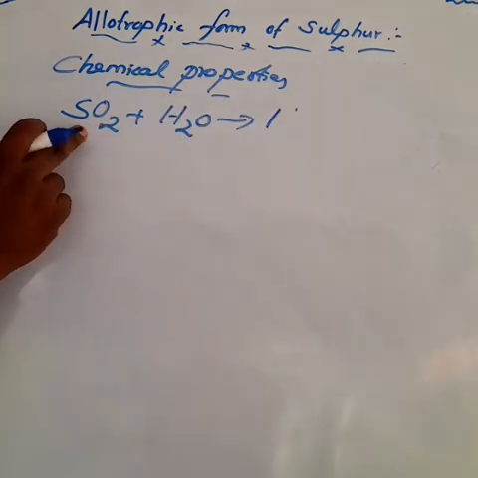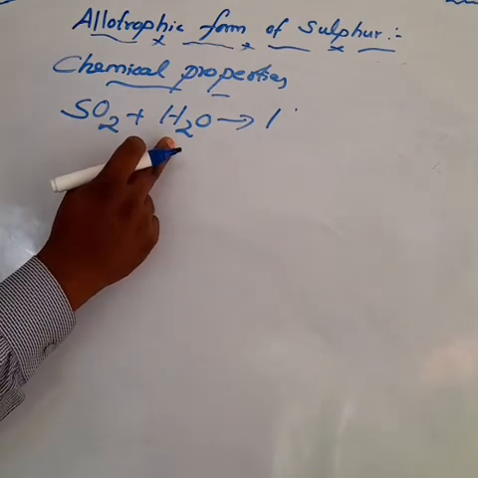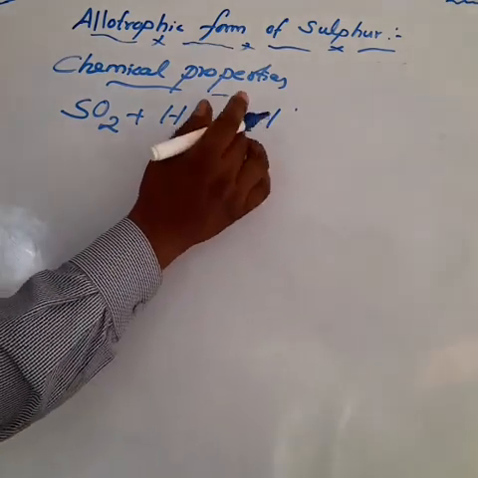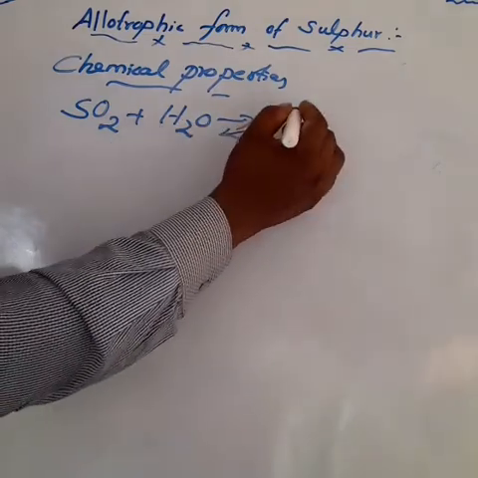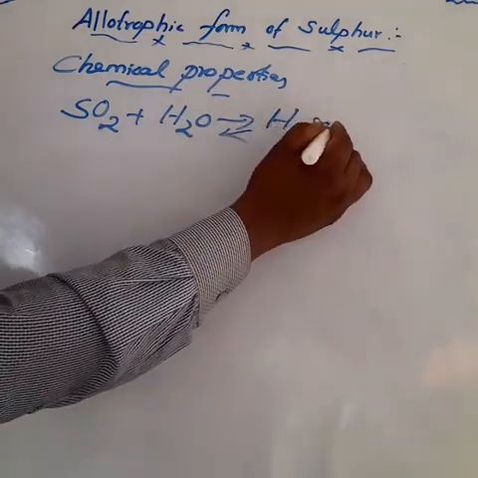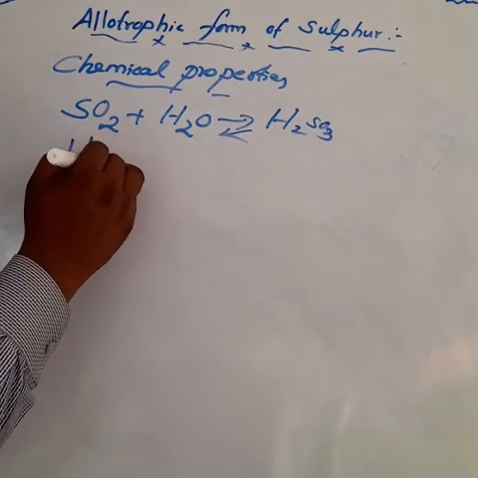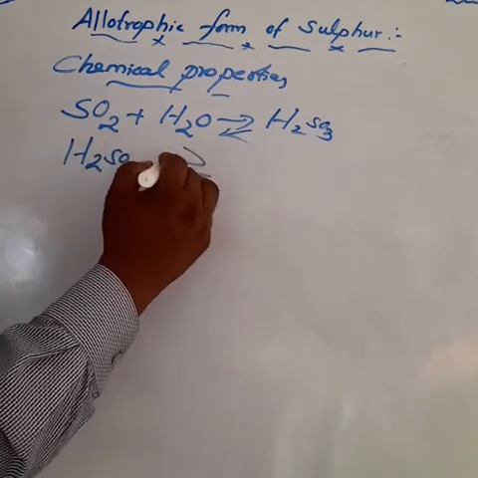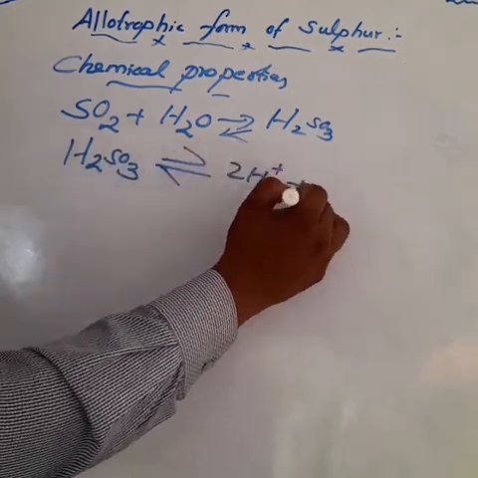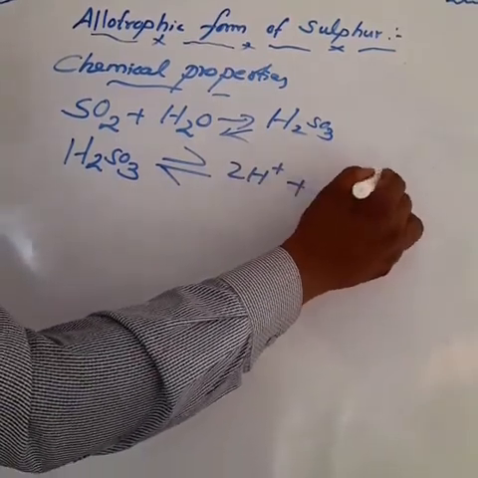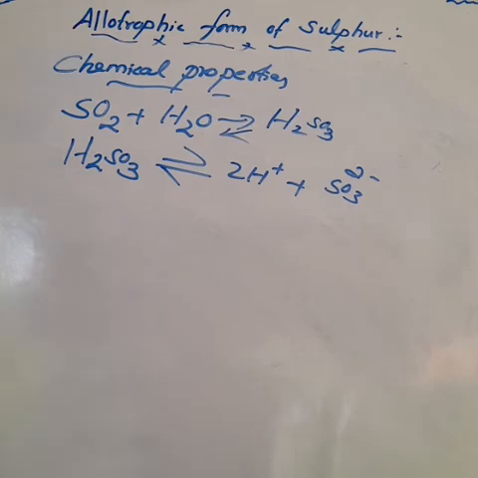What is the formula of sulfur dioxide? SO2 and reacts with the water. This is about the forward and backward reaction. We get sulfurous acid. The sulfurous acid, what is the formula? H2SO3. You have to balance the equation. Now the equation is balanced. SO2 plus H2O gives H2SO3. The H2SO3 again dissociates into their respective ions, that is the H+ ions and SO3 2- ion. So how much hydrogen is here? Reactant side 2. So make it 2 here. Now the equation is balanced.